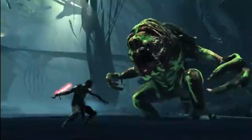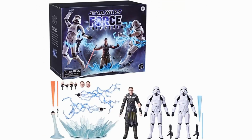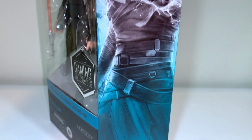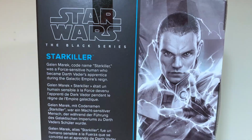The figure was released in this amazing deluxe box set sold only through Hasbro's store, and they don't ship to me. I saw a guy online trying to flip that set for 350 NZD or something crazy like that, and then I saw that Amazon Australia was saying that it's $35 NZD for just the Starkiller if you like, and yeah, I said sure. Those games meant quite a lot to me when I was a kid, and I do